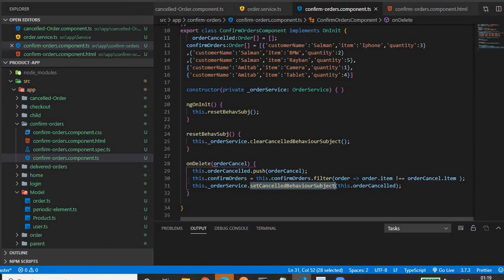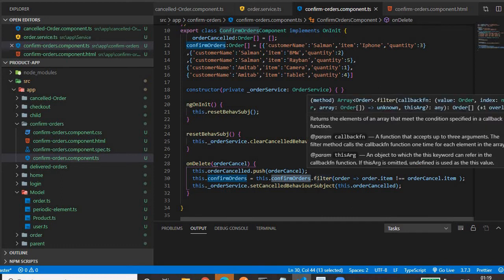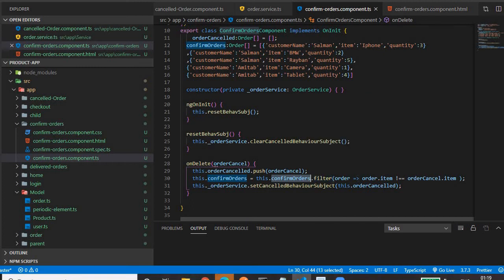Then this middle line, why is this being written? If you have seen, once we have deleted a record, the number of records goes on decreasing. So this is basically a JavaScript concept, an ES6 concept. In confirm order, we have the original array, with all the orders available. Then we are iterating through this array, filtering it such that we store those objects which the user has not deleted. So it's an iteration.